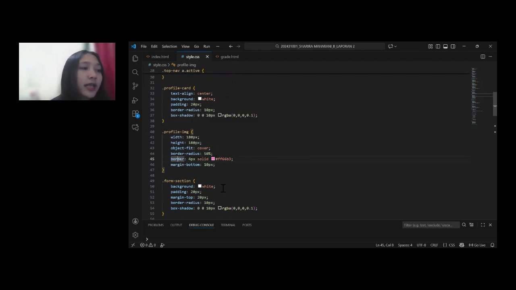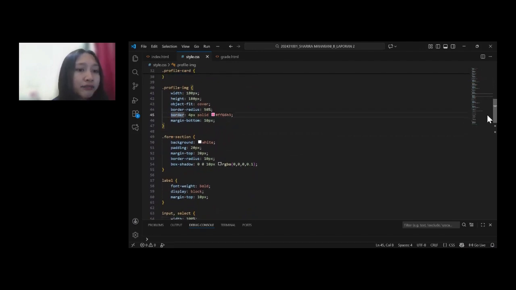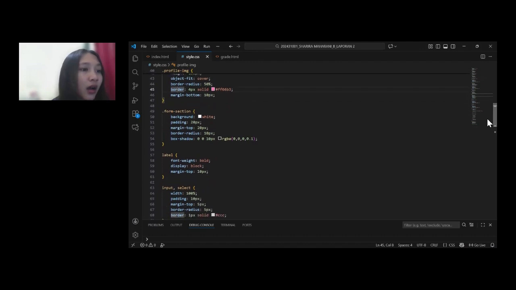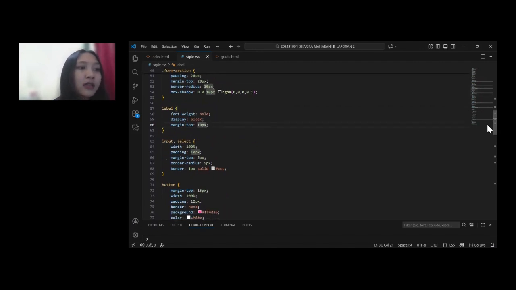The style sheet also includes form styling, and labels are set to bold, input fields and drop downs are given full width formatting with padding and rounded borders. And the buttons are styled with vibrant colors, rounded edges, and hover effects to make them feel interactive.